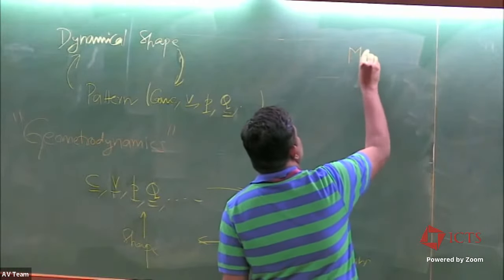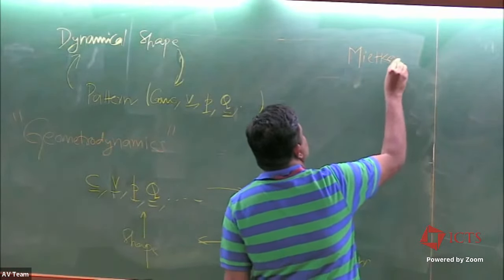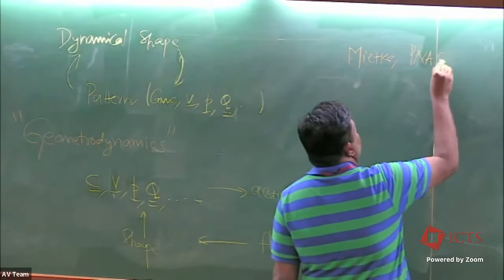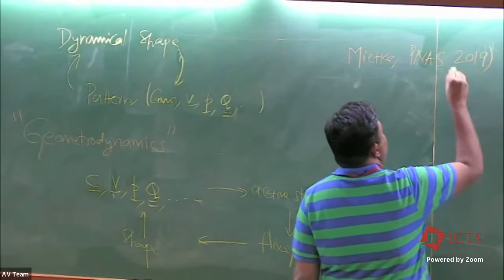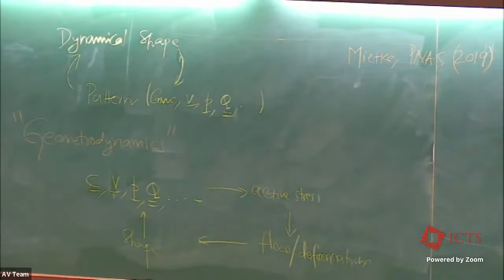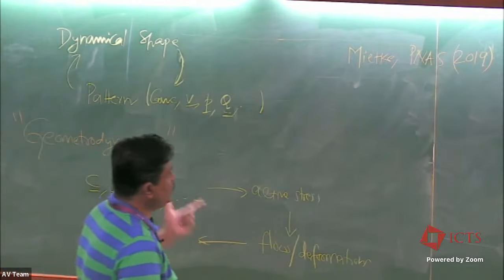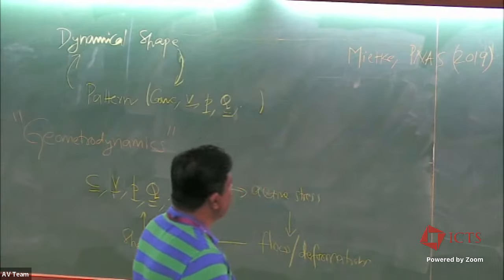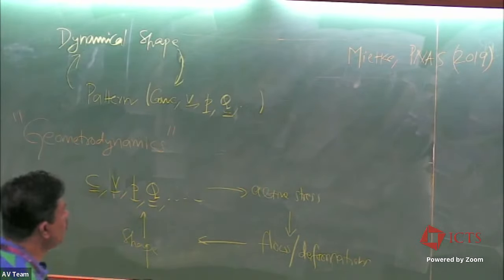So probably one of the first things to work this out and show some non-trivial dynamics is this paper. These authors basically take the same simple single species active stress regulator model, put it on a surface, make the surface a fluid-like surface, and they start looking at the kind of shapes the surface takes. There's a plethora of papers coming up now in the past 3-4 years where one would like to understand these